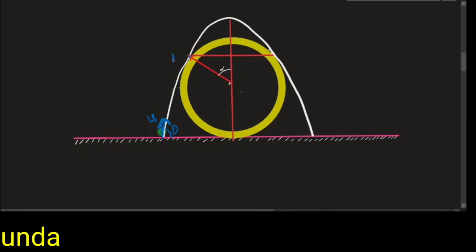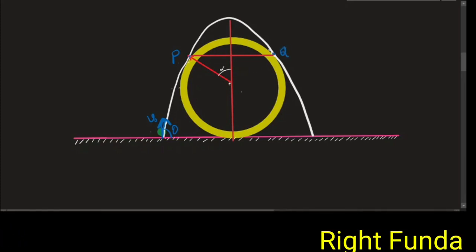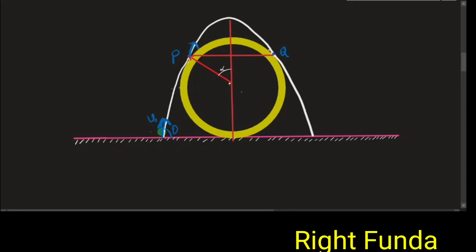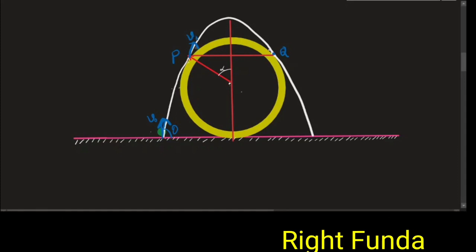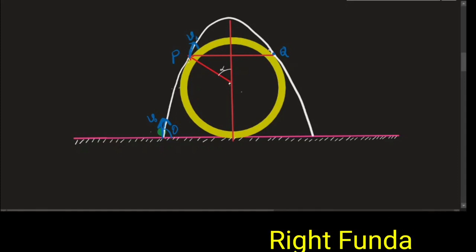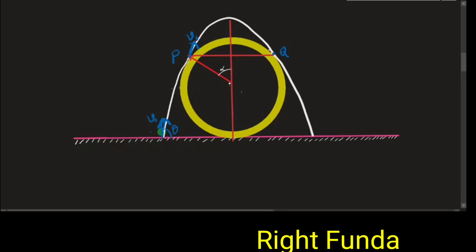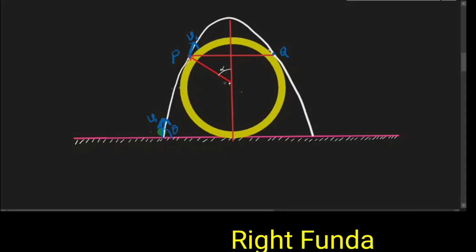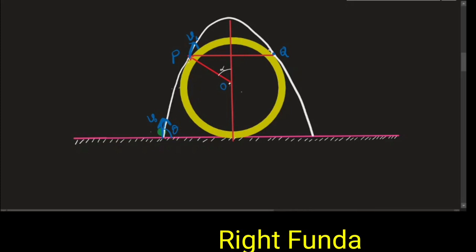Suppose I give the name P to this point. Again it will be touching here, at a symmetrical point, definitely Q. And suppose by the time it reaches here, the velocity at this point is v1, tangential. It started with velocity v0, and v1 is here, and this angle is equal to alpha. The point of the cylinder's center I give the name O, and O, P is joined.